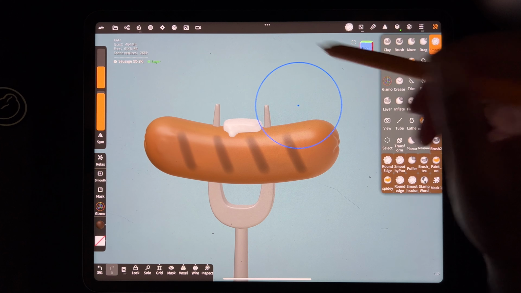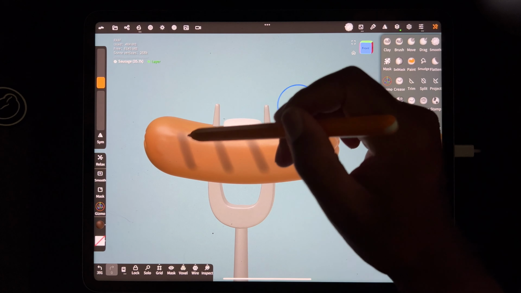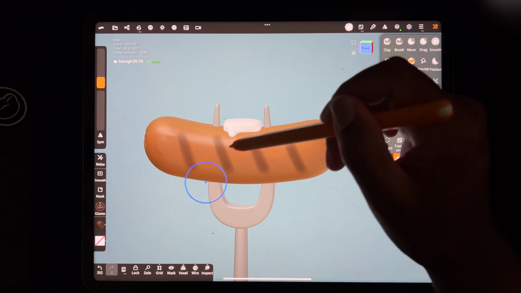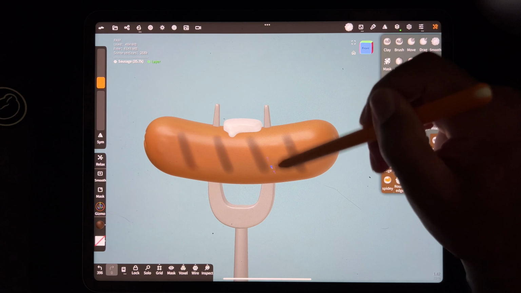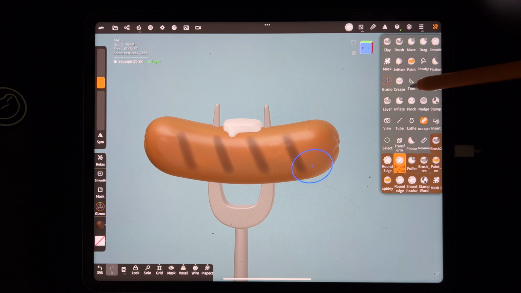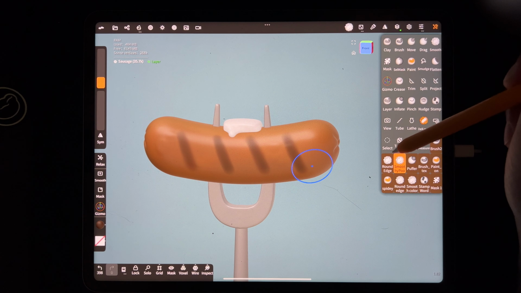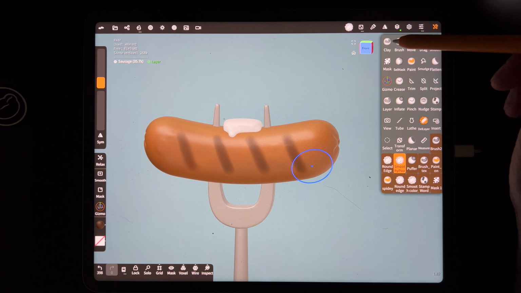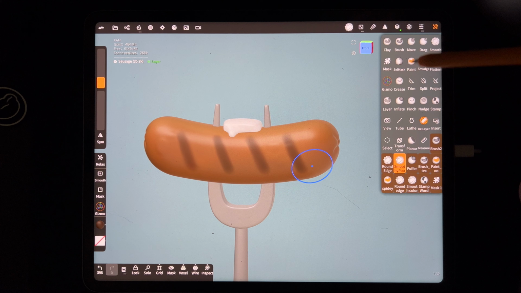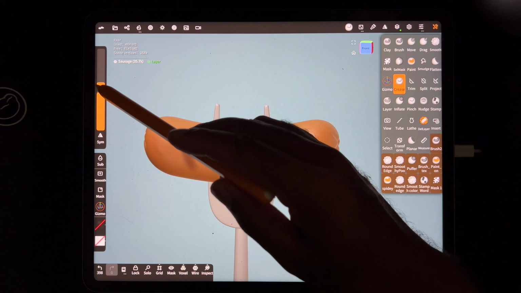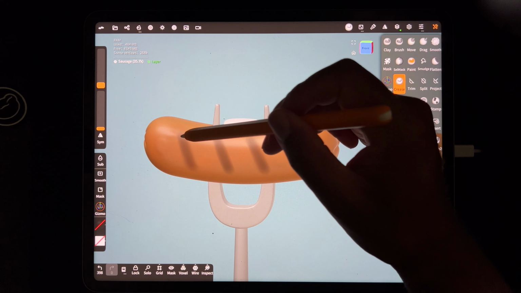I think that looks nice. We can use smooth if we want to smooth out some of this. And this also might be nice to add a little texture to. Maybe we can take crease and just lower the intensity and maybe just like,